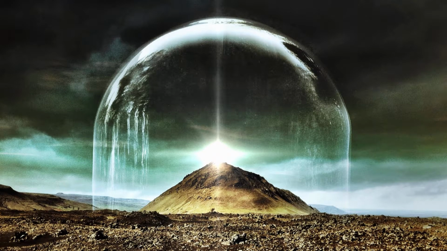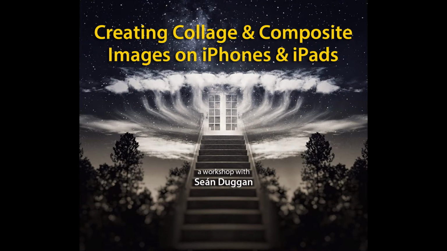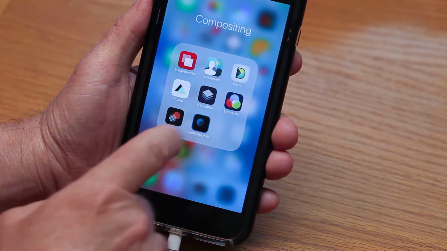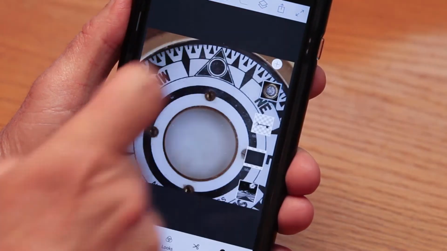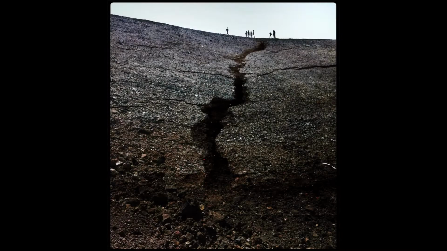Hi, I'm Sean Duggan, and I want to tell you about my one-day workshop that's all about creating collage and composite images on iPhones and iPads. In this class, I'll be covering step-by-step workflows for combining images in a variety of apps, and I'll be sharing techniques and conceptual approaches for using your iPhone or iPad to make interesting and visually compelling images from multiple source